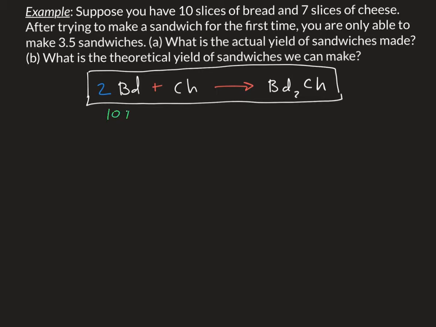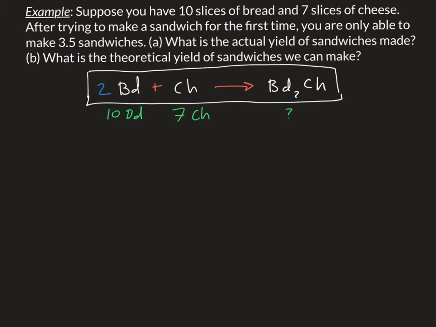So we're given 10 slices of bread and 7 slices of cheese, not sandwiches, okay? All right, so we need to go ahead and figure out our limiting reagent in this case. How many sandwiches are we able to make here, okay? So the first thing we need to do is start with what we're given, okay? So the first thing we're going to do is figure out how many sandwiches we can make with 10 slices